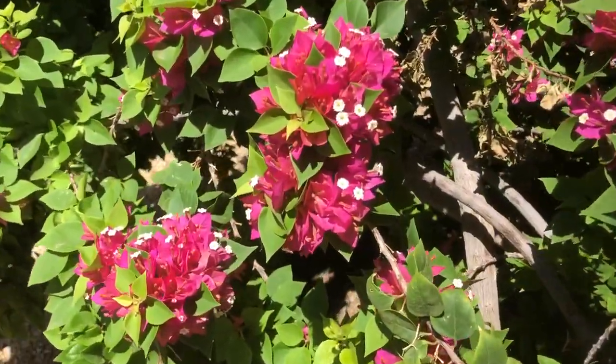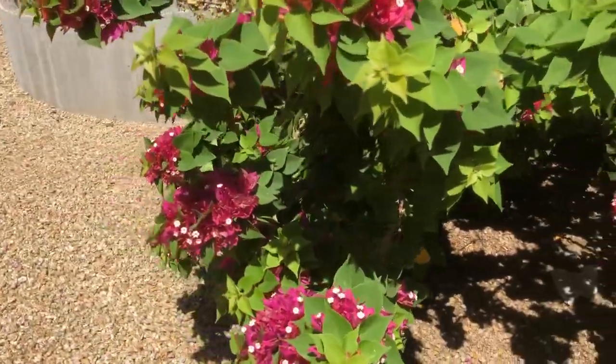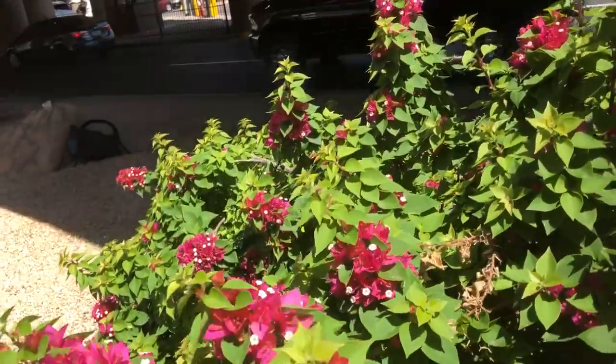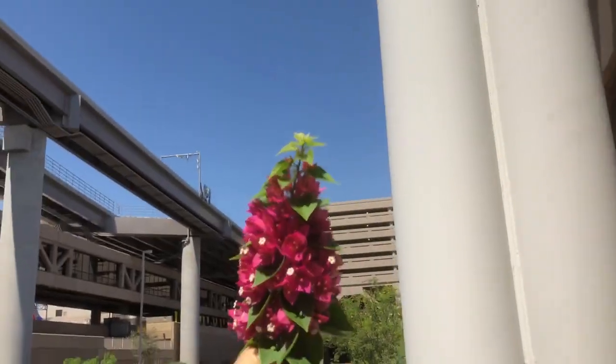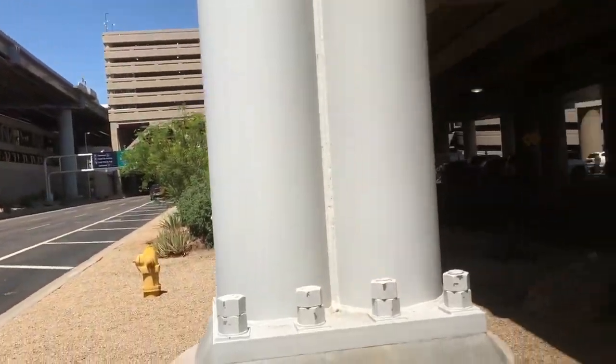But then I just happened to see my most favorite bougainvillea of all. This is called Torch Glow. Can anyone tell me why they call it Torch Glow? Good name, huh? So anyway,